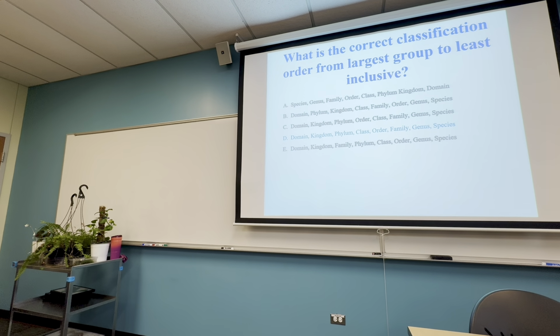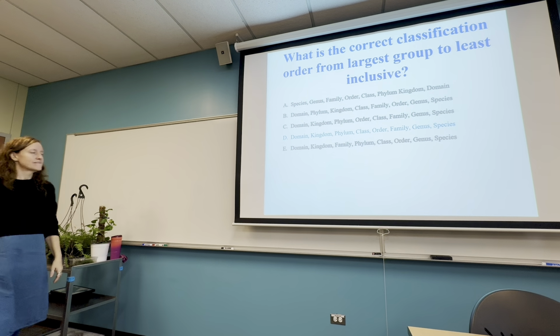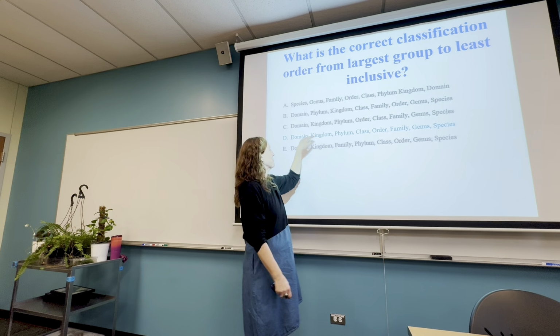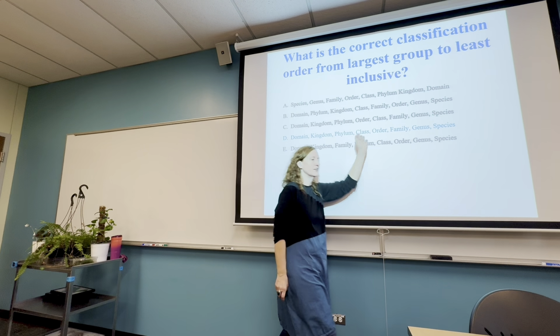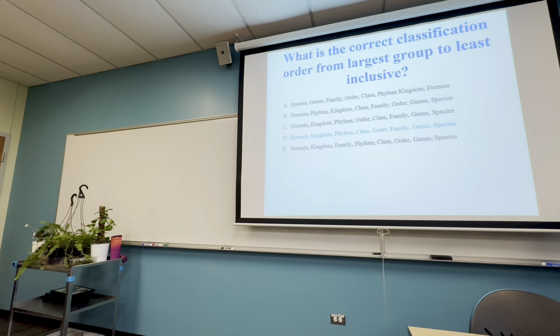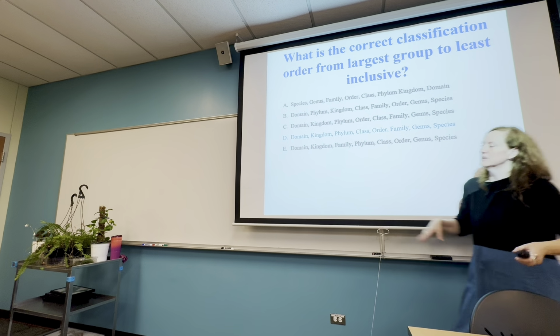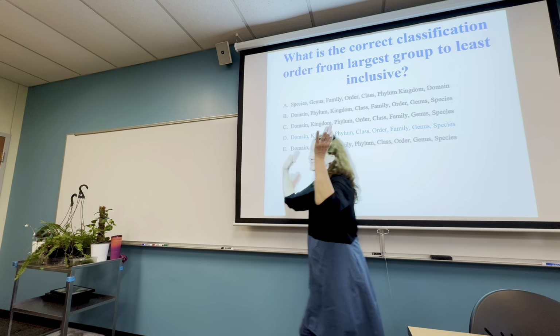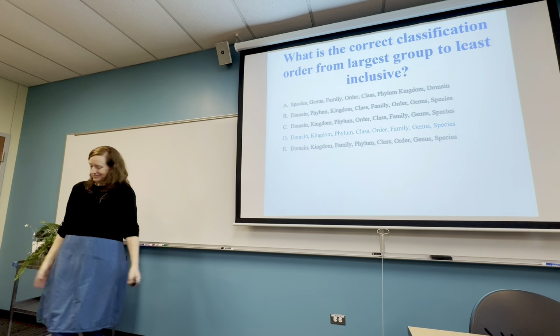Some people do little, what are they called? Mnemonic devices, where you memorize something that begins with a D, a K, a P, a C, an O, to memorize that. I don't know why, for me, I just always memorized it as domain, kingdom, class, order, family, genus, species. I don't know why that sticks in my head, but some people will make up a sentence that you can remember, like the one in a lot of textbooks, something like dumb, king, Philip, can, blah, blah, blah. Each of those letters in the sentence represents each of these, and that may help you figure out a way.